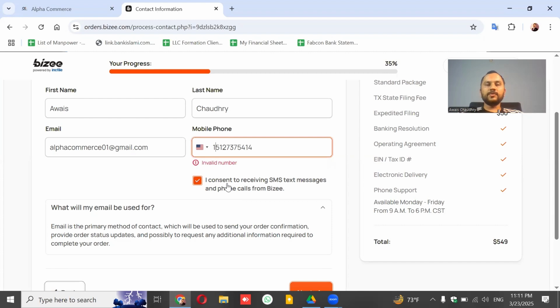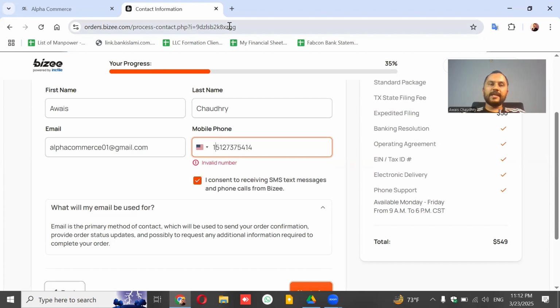You should be providing your unique address to them, because if you are not providing your unique address, or if you are providing your local address, there are many chances that on your EIN letter and on your company documents, your local address will be mentioned. So you should be aware of it as well: if you want a US address on your LLC documents, the address you are providing them will be replicated on your LLC documents and the EIN letter as well. So that was the first option we can go with while forming an LLC.